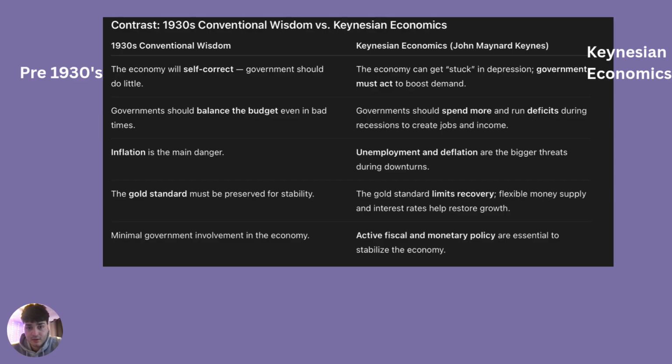And then fast forward to Keynesian economics. The economy can get stuck in depression. Government must act to boost demand. Governments should spend more and run deficits during recessions to create jobs and income. Unemployment and deflation are the bigger threats during downturns. The gold standard limits recovery. Flexible money supply and interest rates help spur growth. Active fiscal and monetary policy are essential to stabilize the economy. So, two separate opinions, obviously, and two different approaches